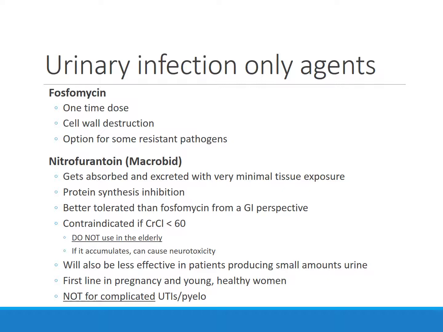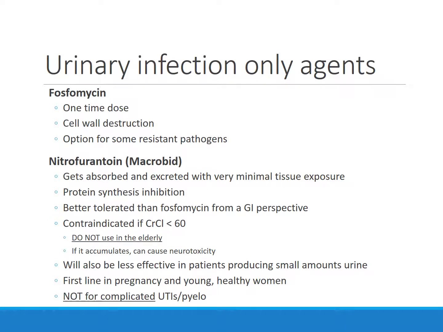Although I will say I have seen Macrobid used for a pregnant patient for pyelonephritis for an extended course one time. That was based on OB recommendations. So sometimes with pregnancy, you're really limited with UTIs. So you're pretty much looking at Macrobid or cephalexin, which is what I was saying are the two preferred empiric therapies anyway nowadays, which is good because your preferred empiric therapies are also ones that work great in pregnant patients. But if you can't get by with Macrobid, or if somebody has a pyelonephritis,